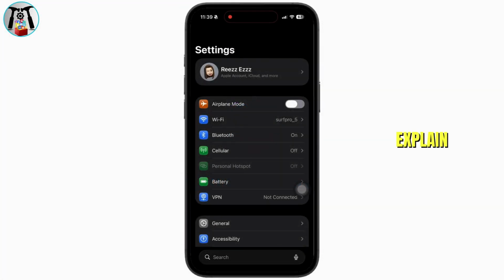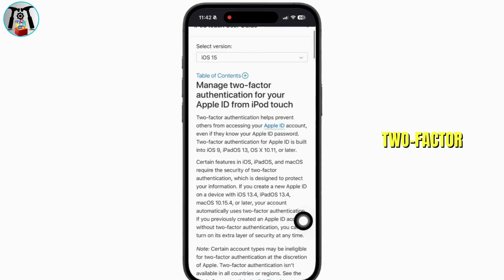In this guide, I'm going to explain whether you can turn off two-factor authentication for your Apple ID or not. Let's get started. It's important to know that Apple no longer allows most users to turn off two-factor authentication once